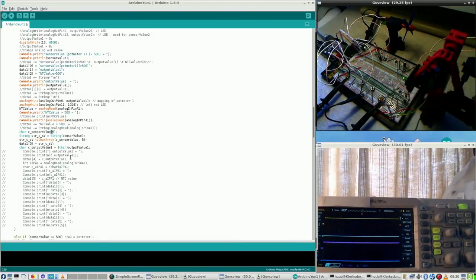Just chopping off values, chopping off digits, that is truncating. Like you have 123, you chop off the 3, you have 12 left, but 12 is not 123. That is truncating, and that is not what I like. That's not good. Anyway, using a character array of length 5, then a string, and with this string you convert the sensor value to string.